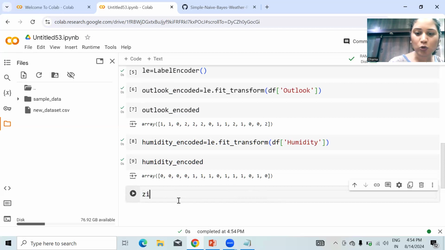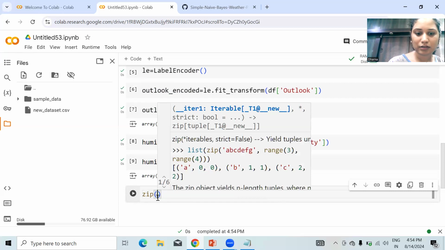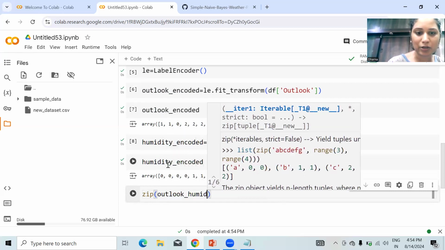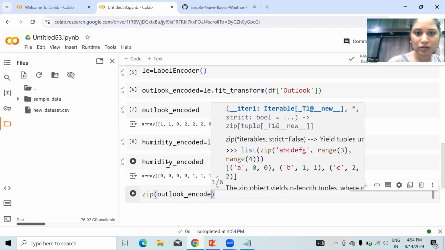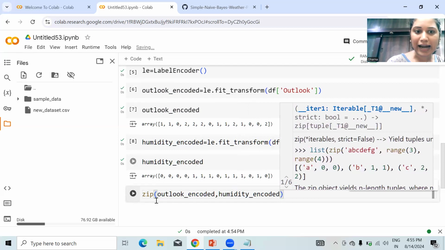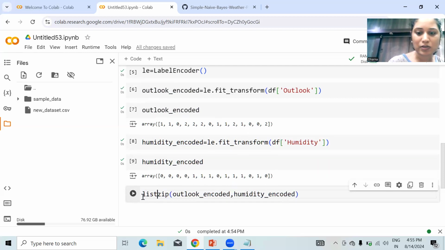For that, I'm going to use the zip function. Here I'm going to take outlook_encoded, comma, humidity_encoded, convert them into a list, and store it in a variable called weather.